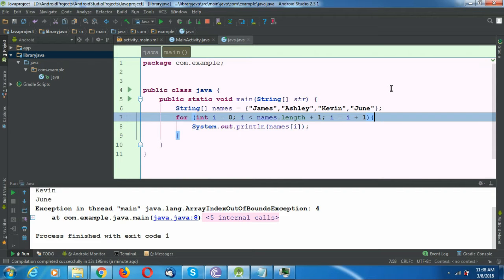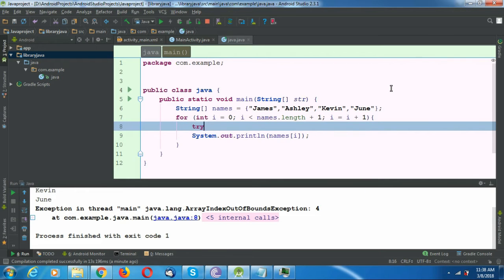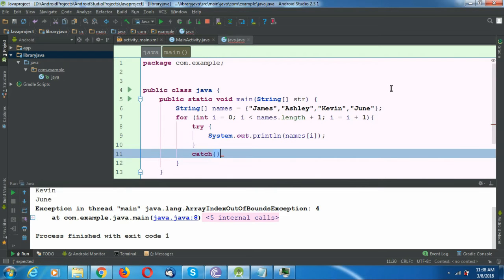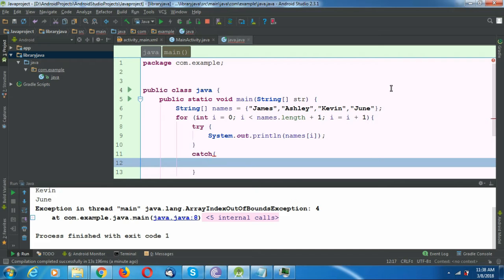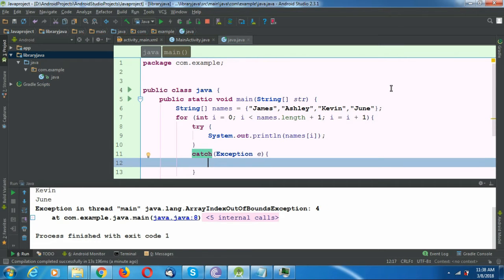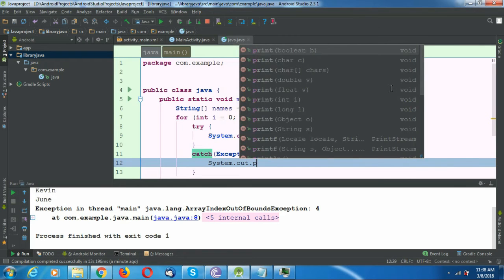element here. It will be handled in the same way as we handle arithmetic exception. So try, catch, Exception e. So I will print out System.out.println